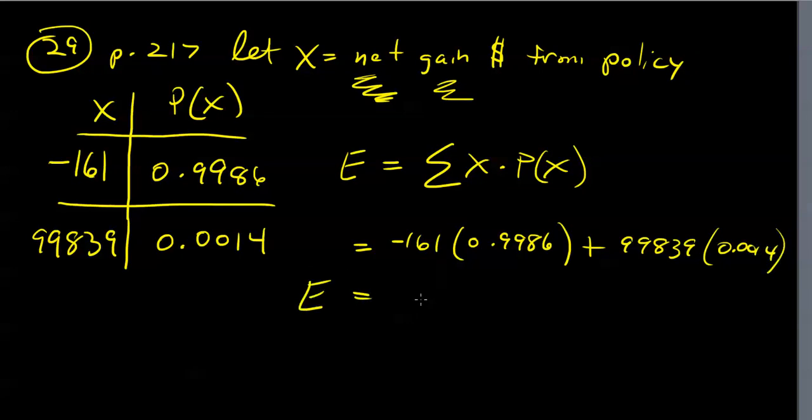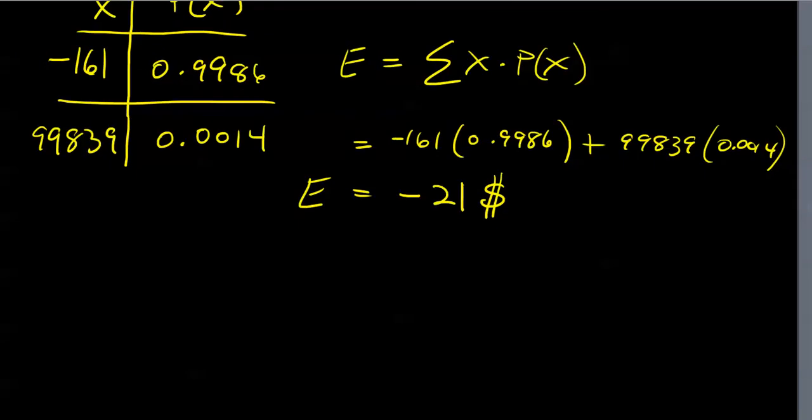And if I multiply correctly and add this up, I get an expectation of negative $21. And much like the lottery exercise we just did, this negative sign is not there by accident. This negative 21 represents the insurance company's profit on that one individual policy